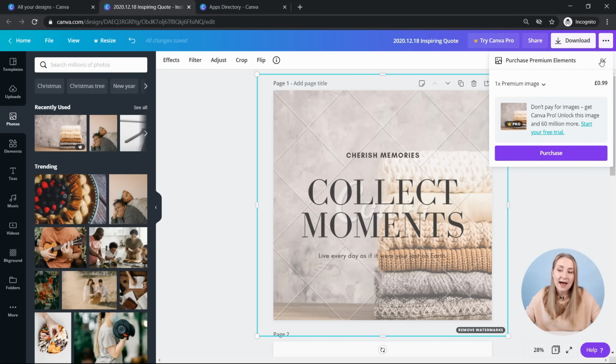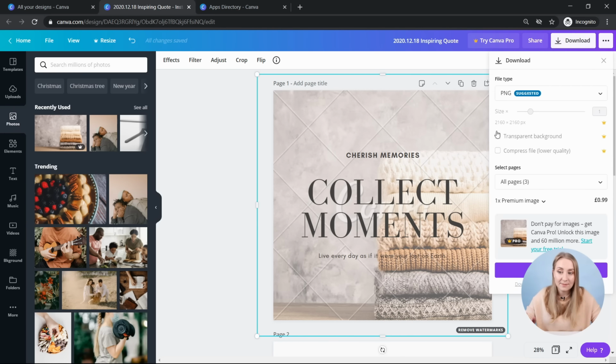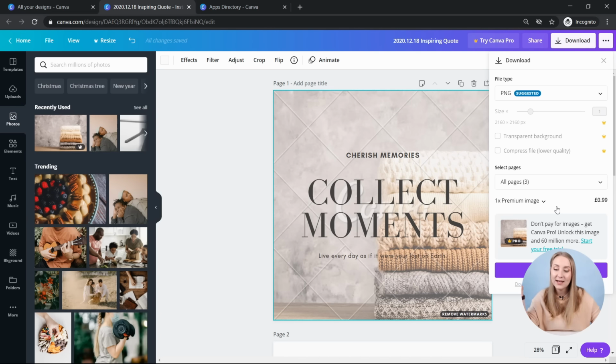And if you click that, or if you were to download a photo like this, so let me show you, it will show you that it's got one premium image and you would have to pay, in this case, 99 pence for that particular design. You can download a watermarked picture, or you can pay and download. As you can see, this premium image is $0.99. If you have more elements to it, it can take you up to let's say £3 per design, or £5 if you're designing something more elaborate like a poster or a brochure. And in that case, that's one design that you're paying for.